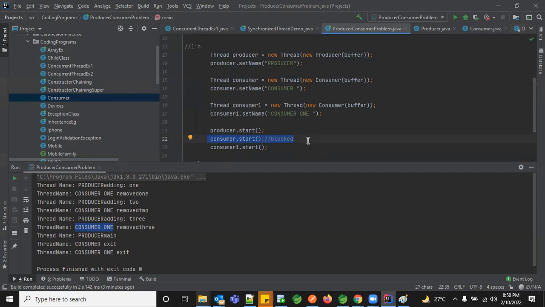Those threads which are in a blocked state cannot be interrupted. That is the reason you never got an interruption anywhere, because it is in a blocked state. If this had got a chance to communicate, you might have ended up with an InterruptedException, because this is also trying to read the data. But this is not even coming out, because control of the buffer, a common resource, was given using a synchronized block. So one side of the problem has been solved, but the other side, multi-threading, is not happening.